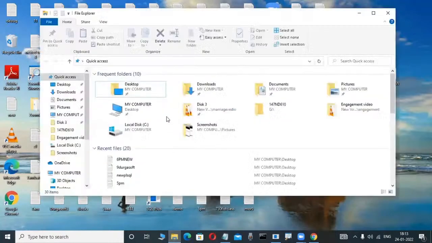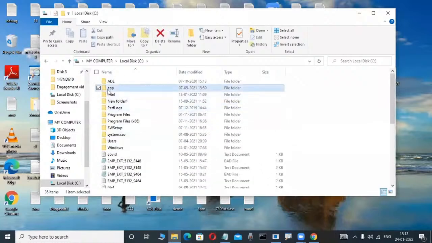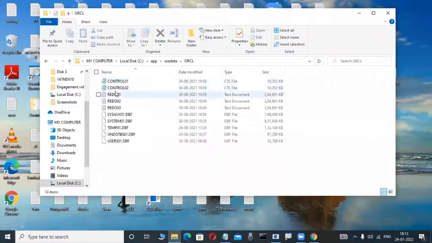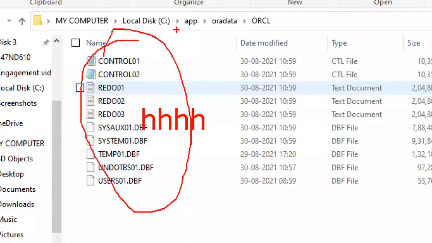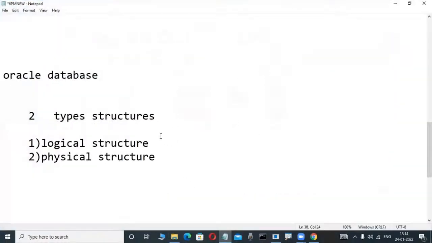How you install Oracle, we will also learn in the next classes. Don't worry. I'm installing Oracle in the C drive or somewhere, and in this C drive your table is not available. Whatever table I'm creating is not visible in the C drive or D drive. That's why a logical structure means a structure which is not visible